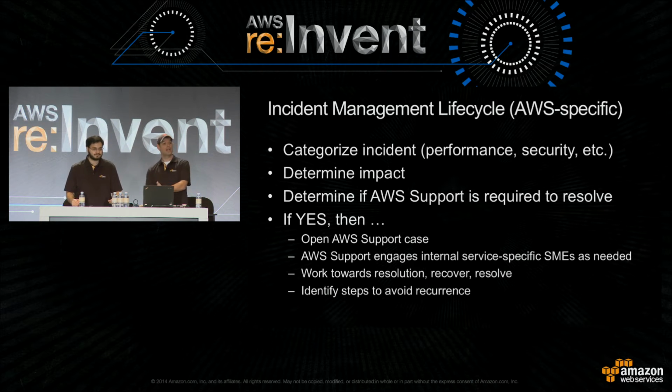If it's something that you cannot handle yourself, you should absolutely engage AWS support. We're your one-stop shop for helping you through any number of different concerns, security-related or otherwise. Open up a support case. AWS support then engages internally subject matter experts on your particular concern to help you resolve that particular issue, recover and get back to a known good state, resolve that, and then learn from that going forward. If there are things that we need to do better to help you, we'll do that. And if there are things that you'll need to do better, you'll get to incorporate that as well.